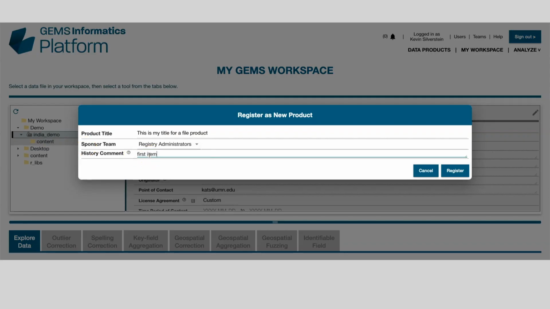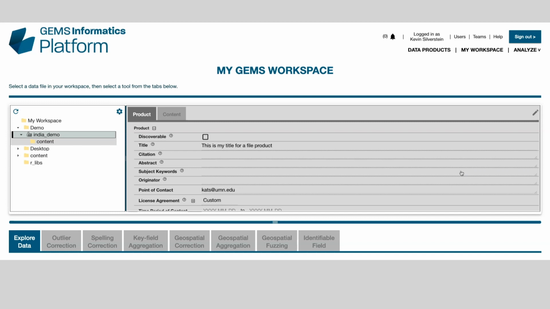First item for the day. Whatever history comment you want to add, and then register. If you're successful, this will turn blue. The blue and the closed file cabinet both signify that this is linked into the repository, and at this point